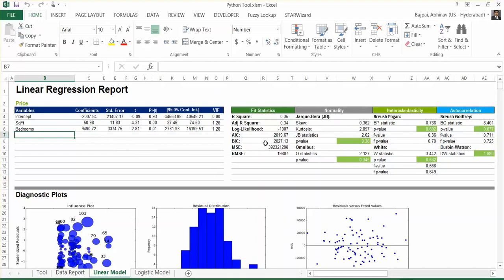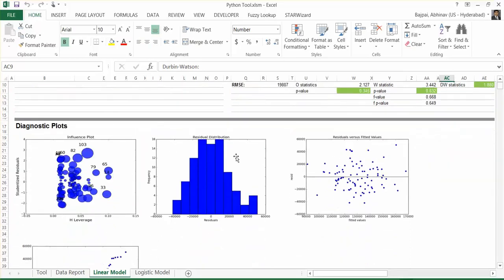We have the F-statistics coming in. We see that our R square is very poor, 0.35, not a good model. Other statistics are also there. Now these are all different sets of assumptions for the linear model, and we see that normality is there, heteroscedasticity is there, and autocorrelation is there. To check the results, I've added two tests in each of those assumptions, and whether they pass or not would be interpreted from the p-values.